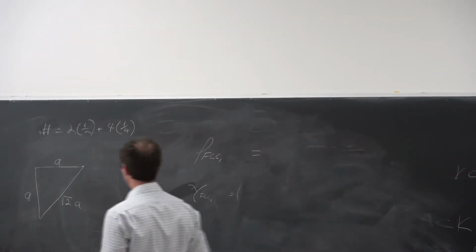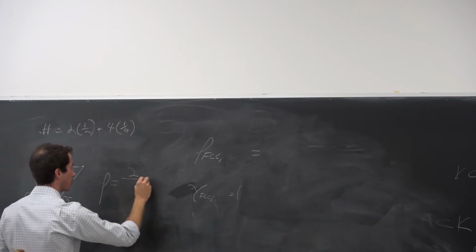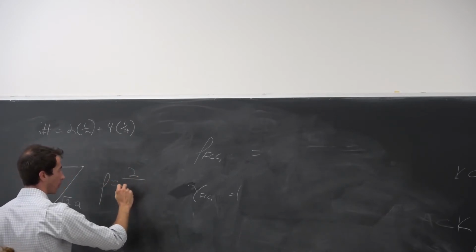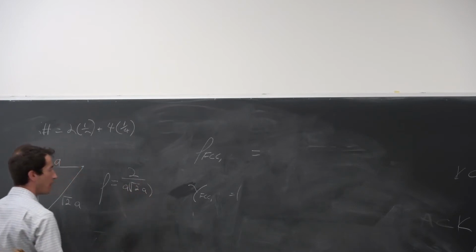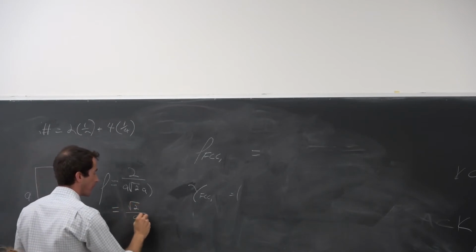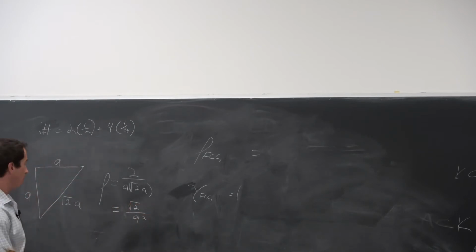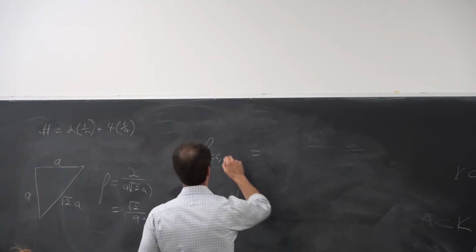Okay? So therefore, our overall density is going to be 2 over A times square root of 2 of A, which simplifies to root 2 over A squared. Right? And so then to do this,